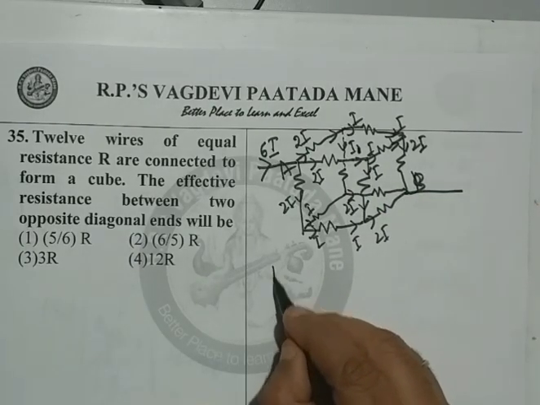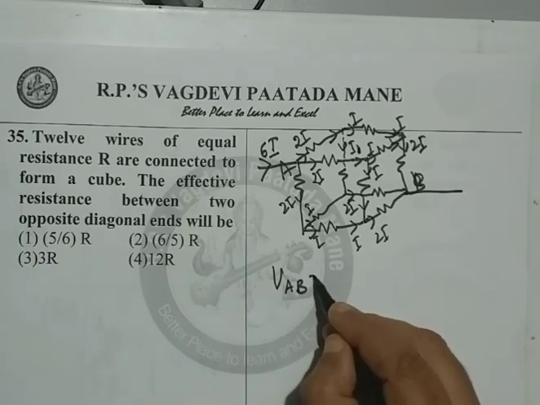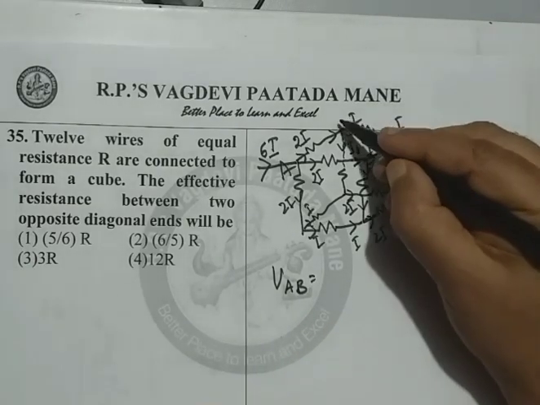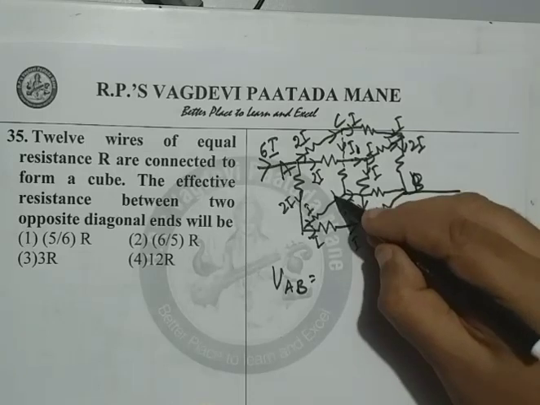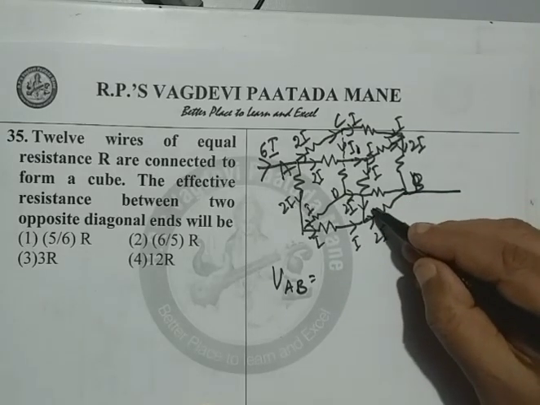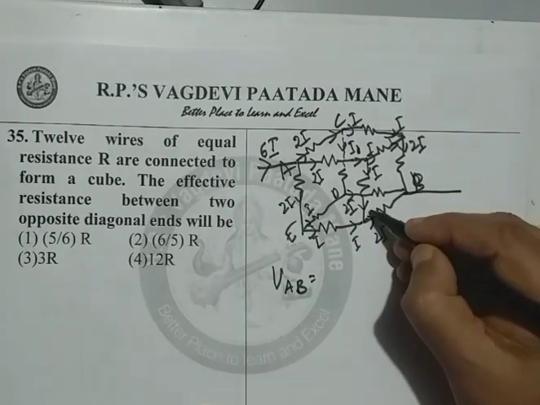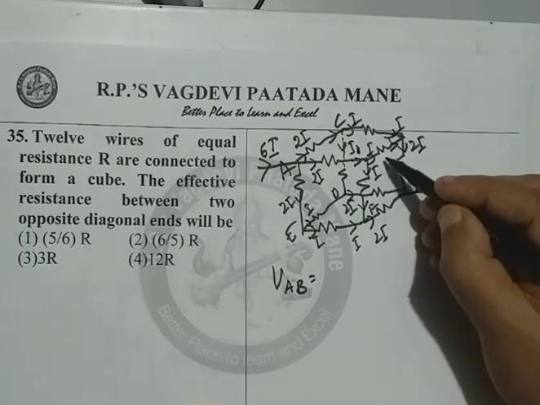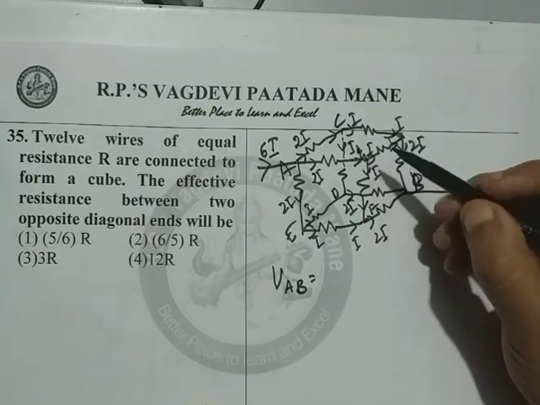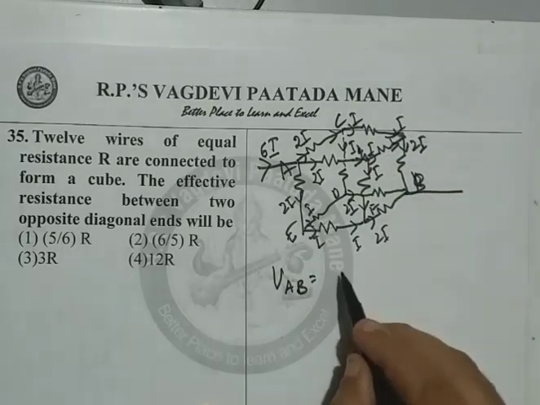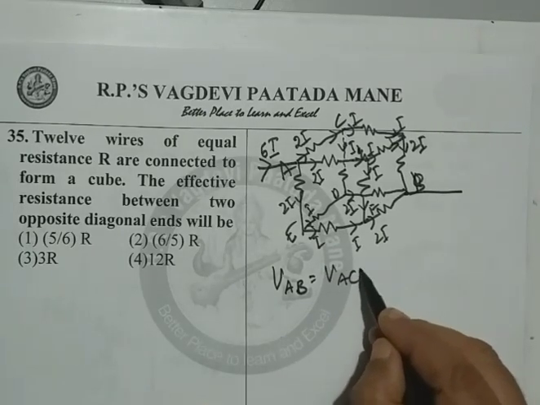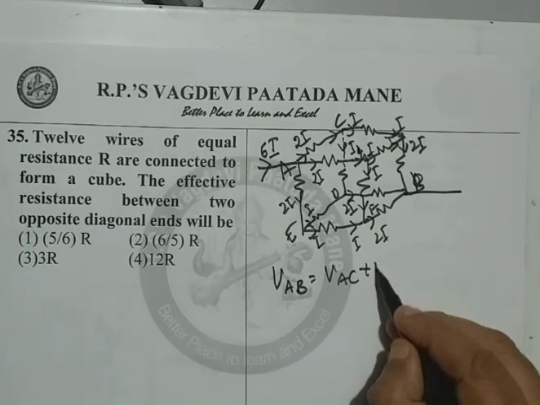Say potential difference VAB can be written as, if I mark it as C, D, E, F, G, I can mark any path VAC plus VCD